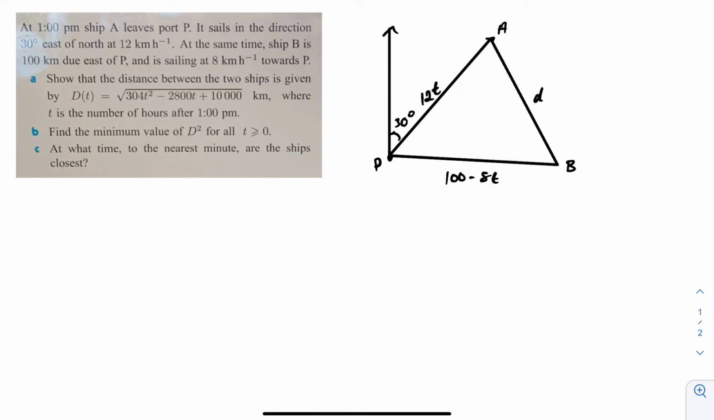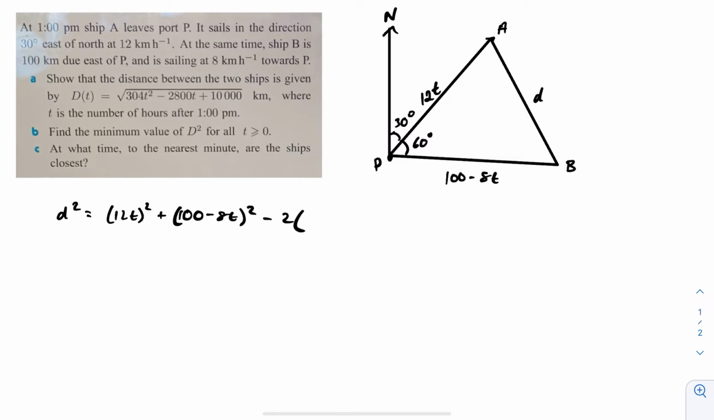And now over here we can actually use the cosine rule, because if this is due north, then the angle NPB is 90 degrees. NPA we know is 30 degrees, so that means APB is 60 degrees. And here we have all the information we need to do the cosine rule. So d squared is equal to 12t squared plus (100 minus 8t) squared minus 2 times 12t times (100 minus 8t) times the cosine of 60, which is